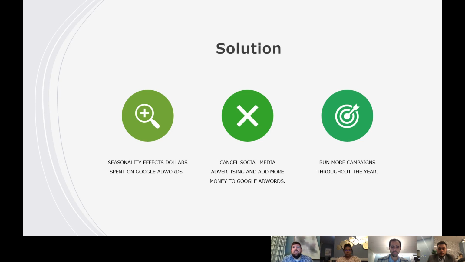We see that At the Movies in July is a really good campaign, and it generates a lot of clicks, which generates more dollars spent on advertising. But we thought maybe if they could do a different campaign, maybe quarterly, and do 4 different campaigns throughout the year, then that's going to generate more clicks than just that one campaign per year.